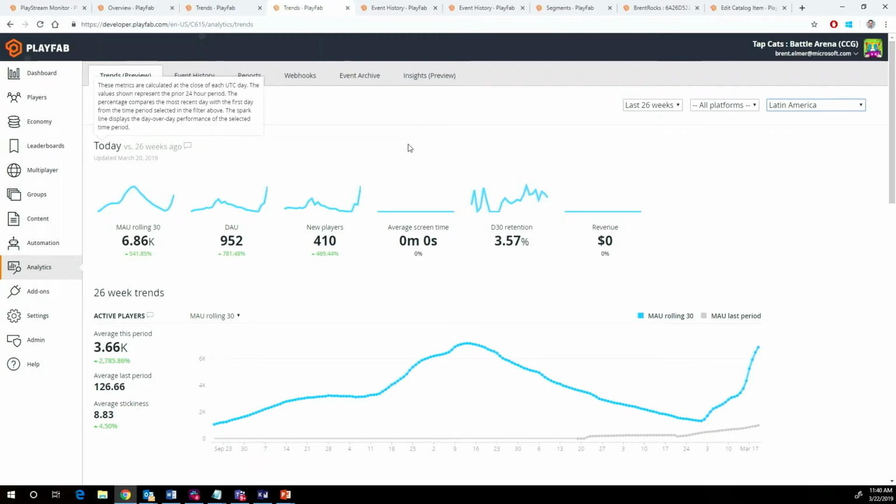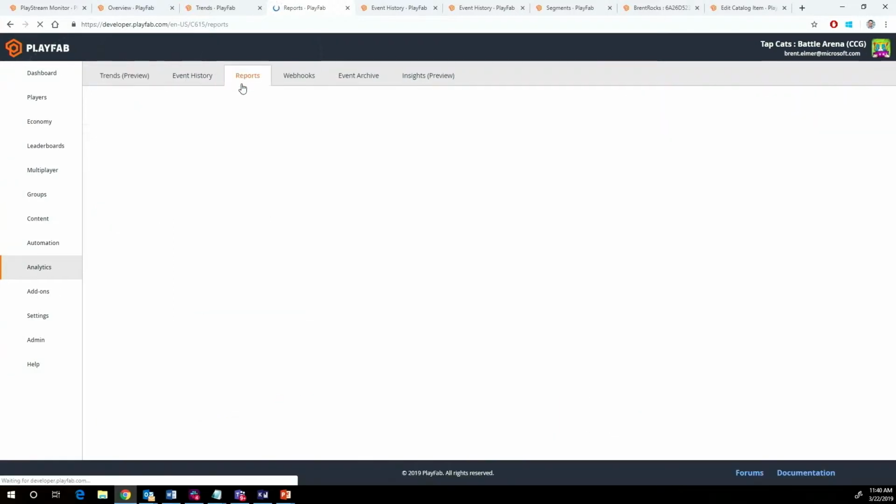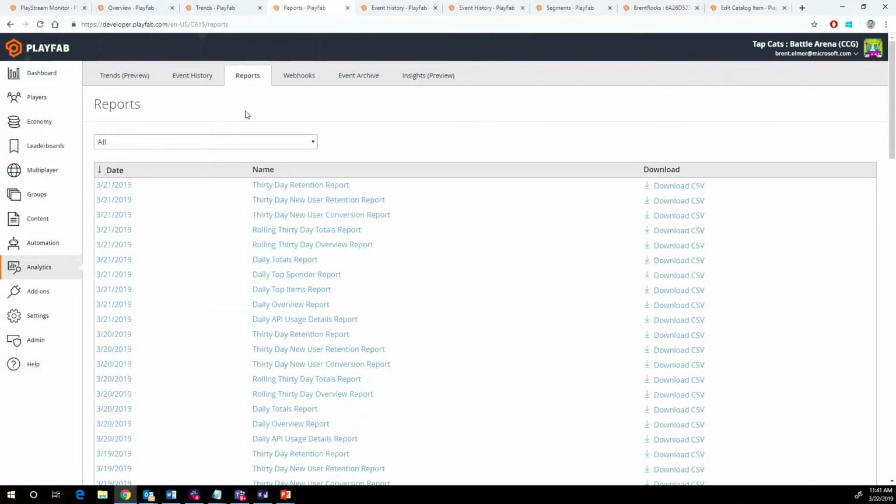So we've talked about the trends feature. In addition to that, PlayFab calculates period level reports for you that you can see roll-up statistics for. So if I jump over to my reports tab, what you'll see is I can go to